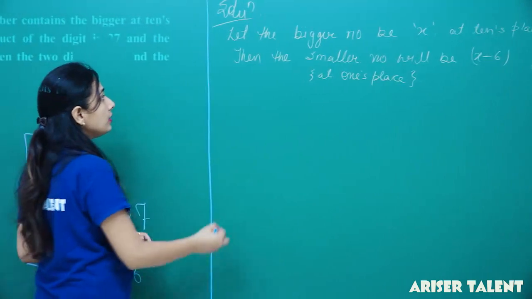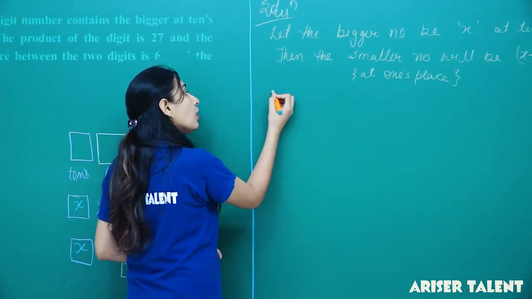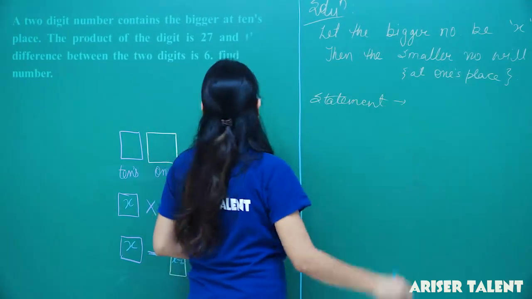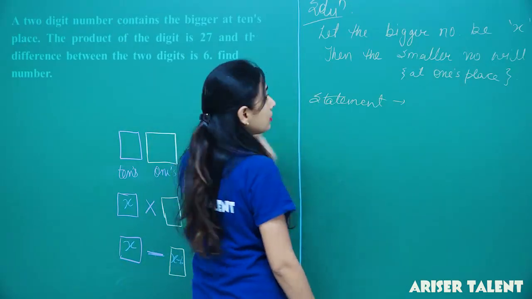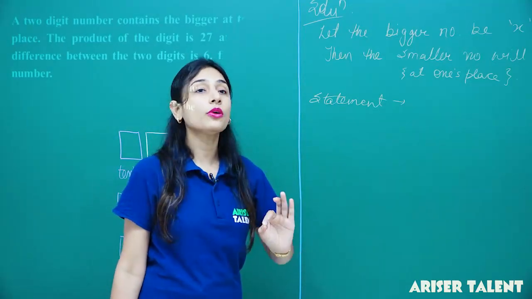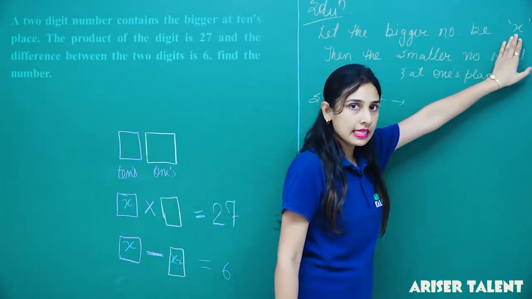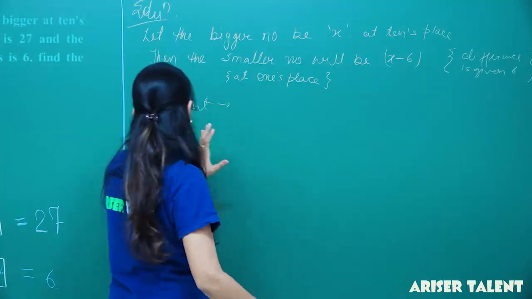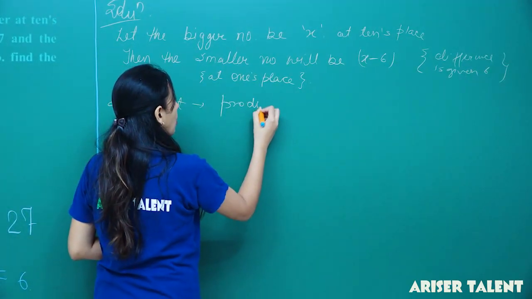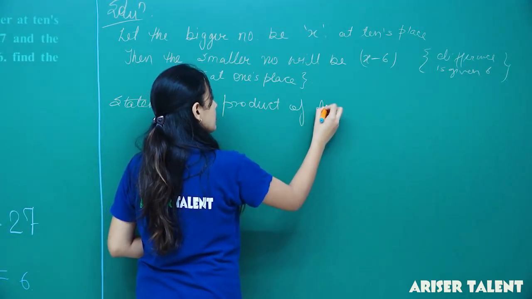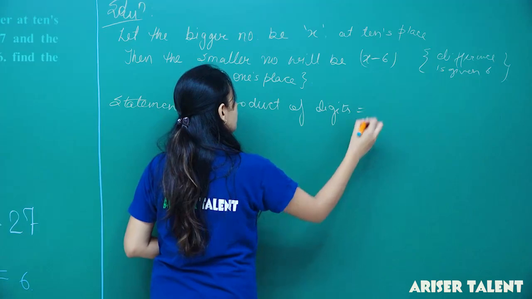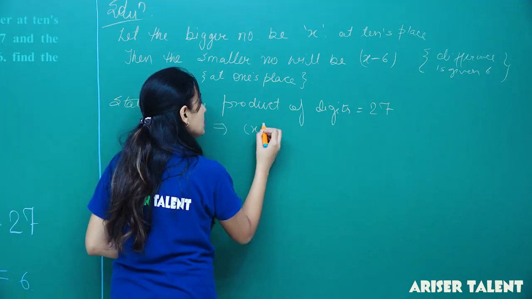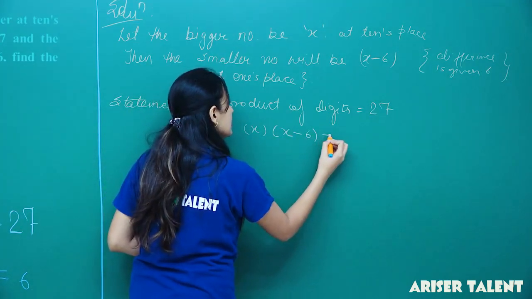Now students, I have to find the numbers. According to the statement, what's given is that the product of the digits is 27. Now what are the digits? First is x and second is x minus 6. So what will I write? Product of digits equals 27. This simply means that x, the first digit, and x minus 6, the second digit,